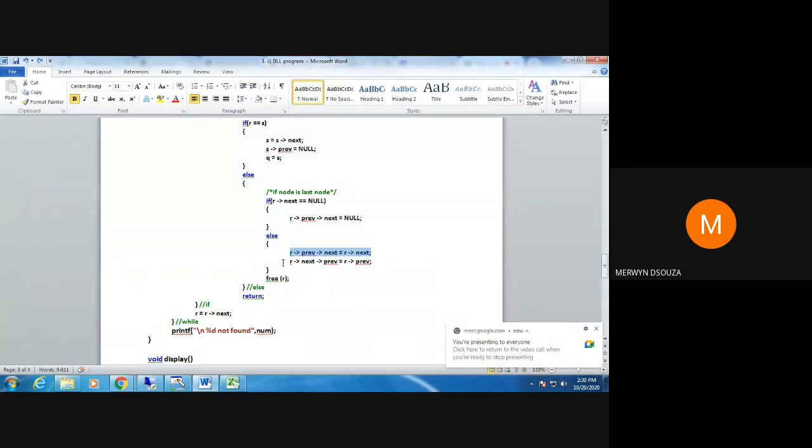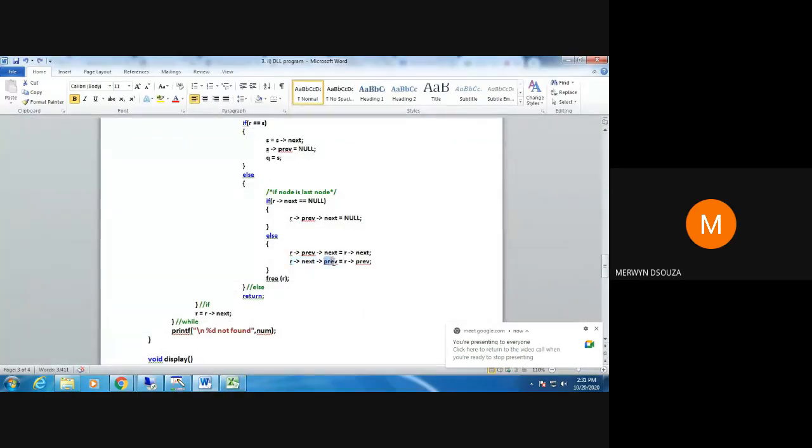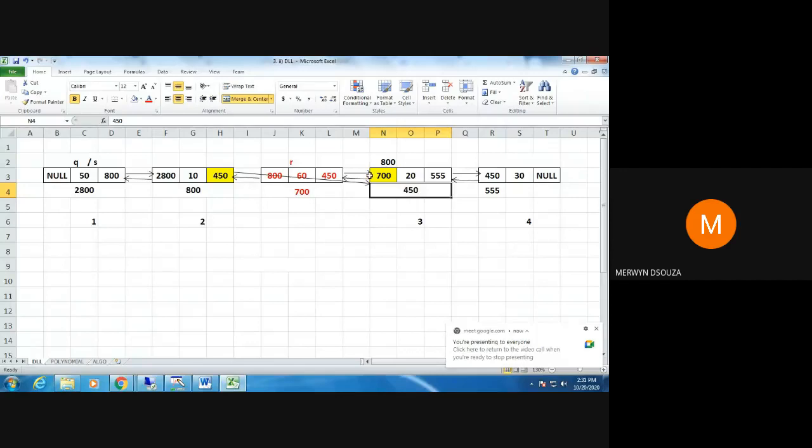This is the way we change one link. Now the way to change the other link. R arrow next means 450. So of that node with the address 450, we are referring to the previous. For this node 450, the previous, that means this highlighted yellow part, I should change there. What should I get there?